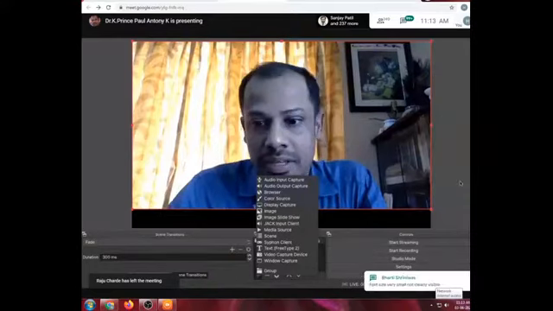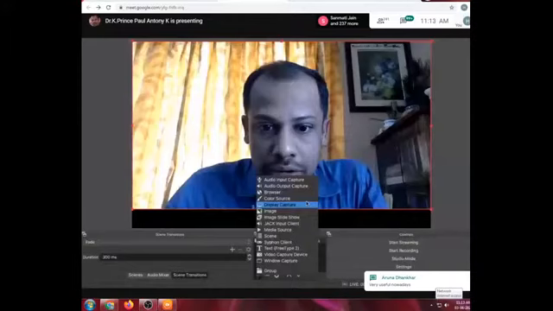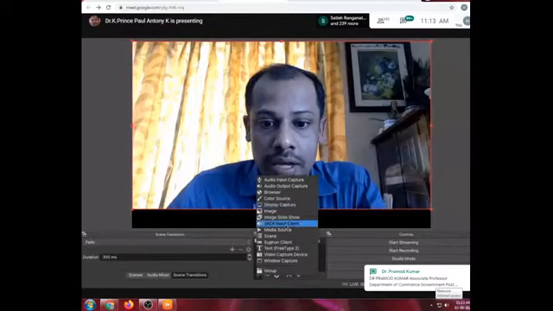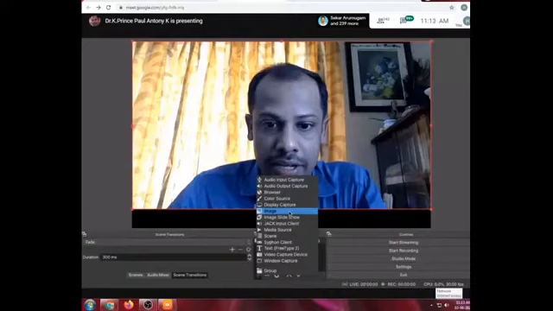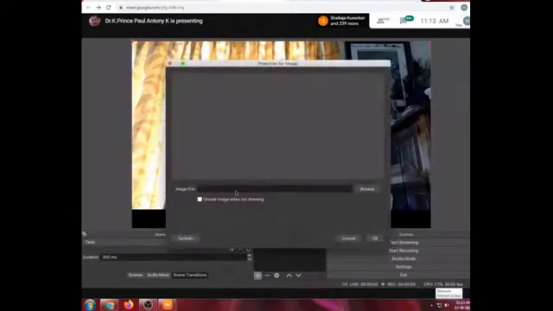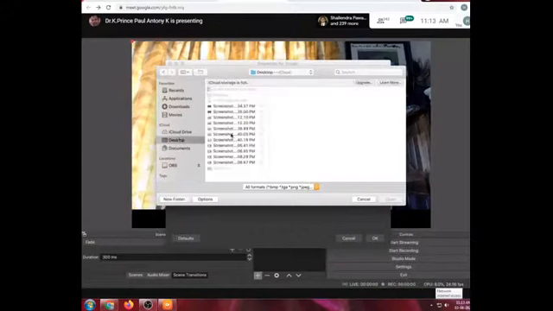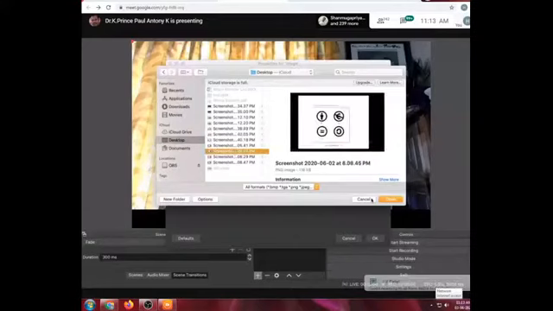If you want to use it with a presentation, you can go for display capture, and in display capture you can use your presentation also. For example, if you want to use a static image, you can click static image and browse which image you want to use. For example, if I am going to use this image, I will put it.